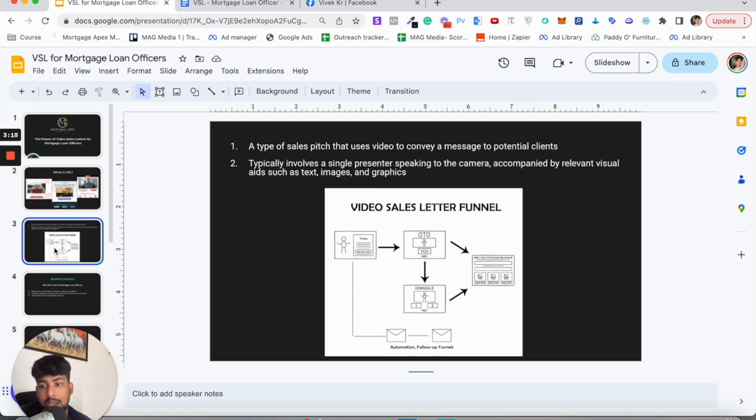Now, once you have a VSL over here, as you can see right now, you are speaking to the person, and we'll explain a complete complex method of getting a loan or getting qualified as a borrower, depending on the kind of loan category you are focusing on. Then you have a call to action where you send the traffic or leads to the next step,